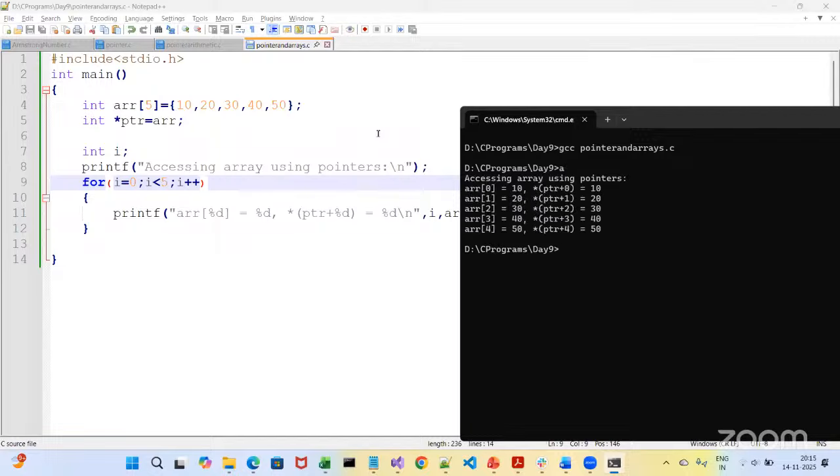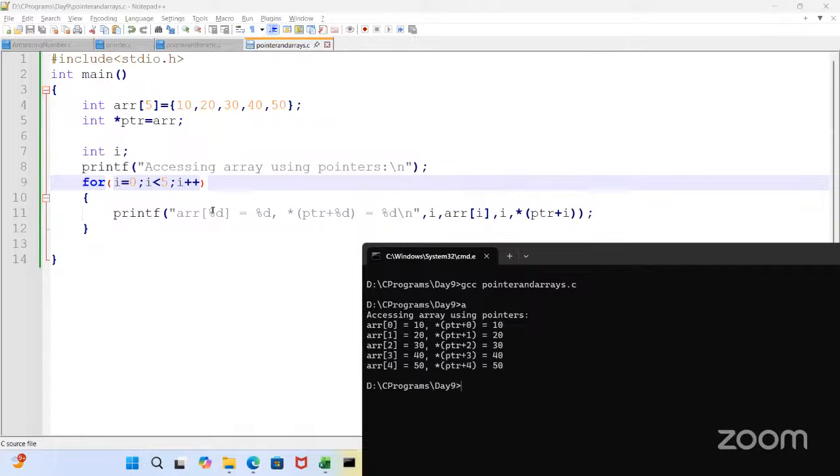Look here. See, it is just a type of the output format. So arr of 0 is equal to 10. Arr of 0 is equal to 10. So this is 0 and this is 10, and this is